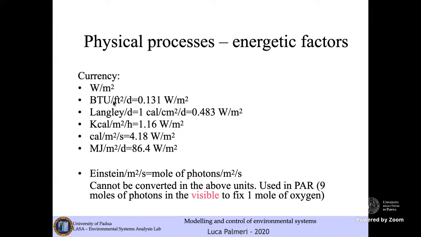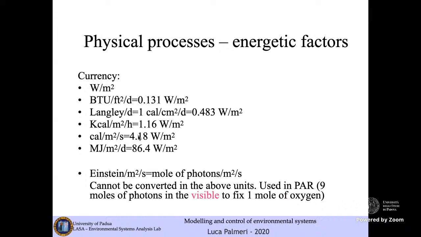So joules per second per square meter, so this is a density of flow of energy, may be converted in BTUs or sometimes in Langleys, according to the type of model, to the currency of the model that you're going to employ, or they may be converted into kilocalories, or they might be converted in small calories. These are kilocalories per hour, or small calories per second. Again, these are energy densities. This is the well-known